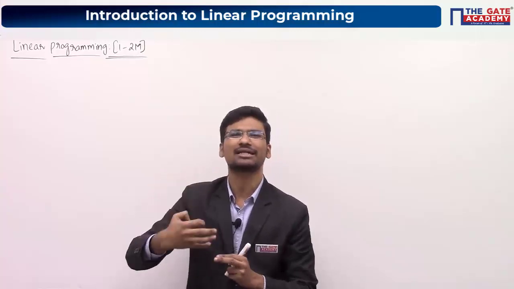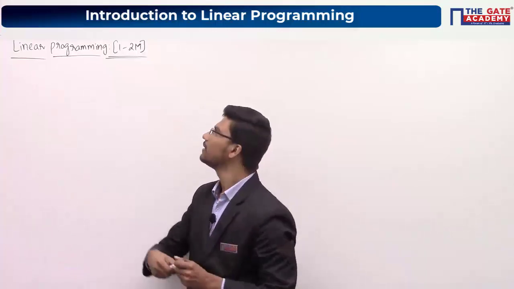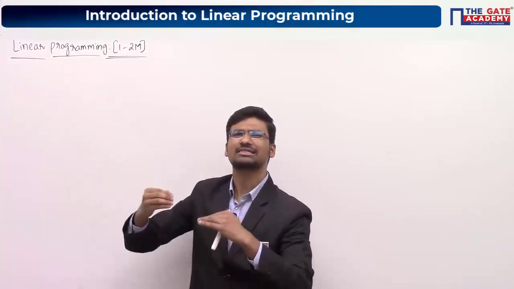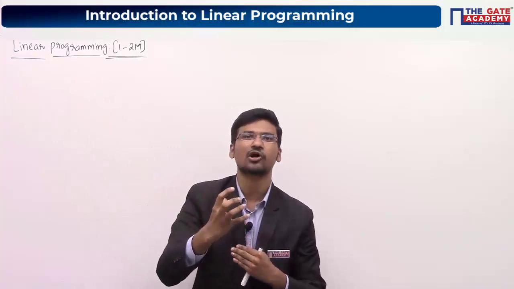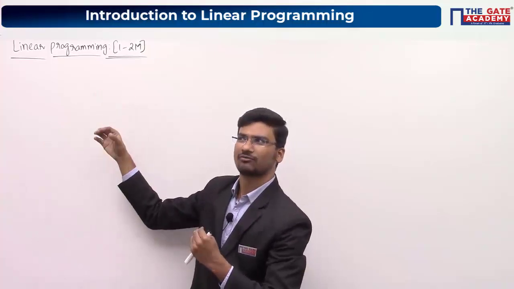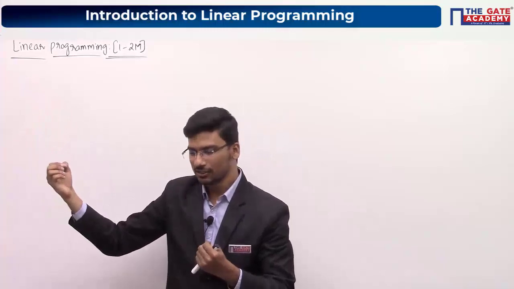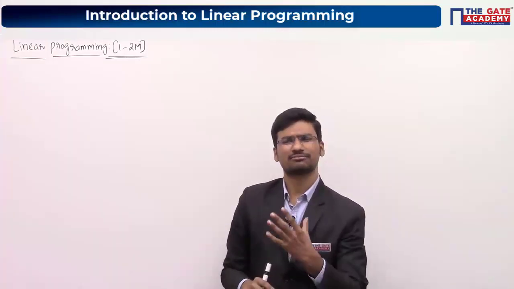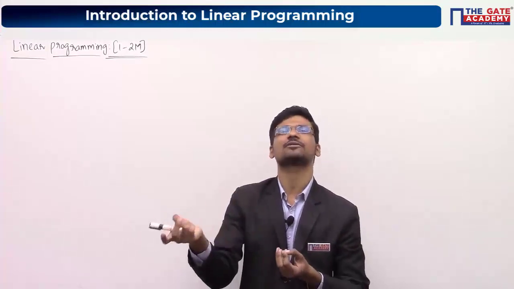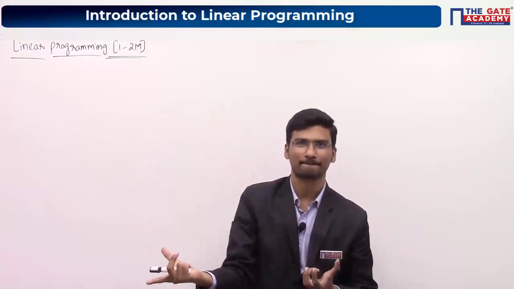Now what I am doing is moving in this direction. If I move in this direction, what will happen? Your x2 will be constant and your x1 will be increasing. If your x1 is increasing, your objective function will definitely increase. If I move in this direction, your x1 will be constant and your x2 will be increasing, and your objective function will also increase. Or if I move like this, both x1 and x2 will increase and your objective function will also increase.